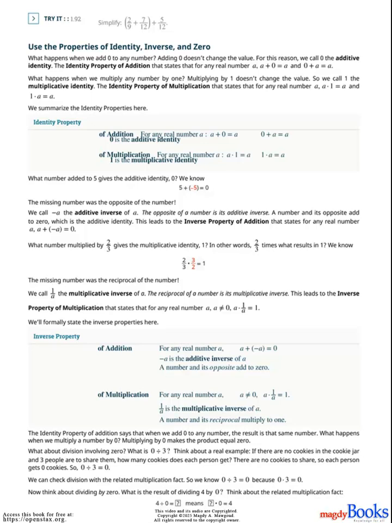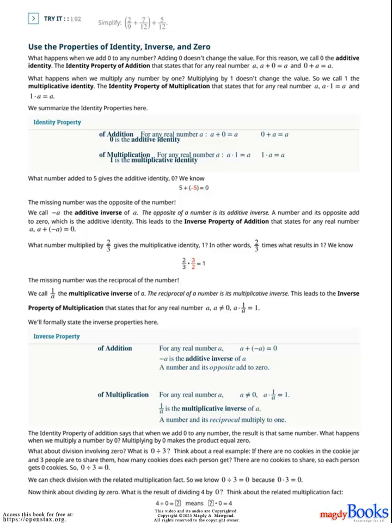What number added to 5 gives the additive identity, 0? We know 5 plus, open parenthesis, negative 5, closed parenthesis, equals 0. The missing number was the opposite of the number. We call negative a the additive inverse of a. The opposite of a number is its additive inverse. A number and its opposite add to 0, which is the additive identity. This leads to the inverse property of addition that states for any real number a, a plus, open parenthesis, negative a,